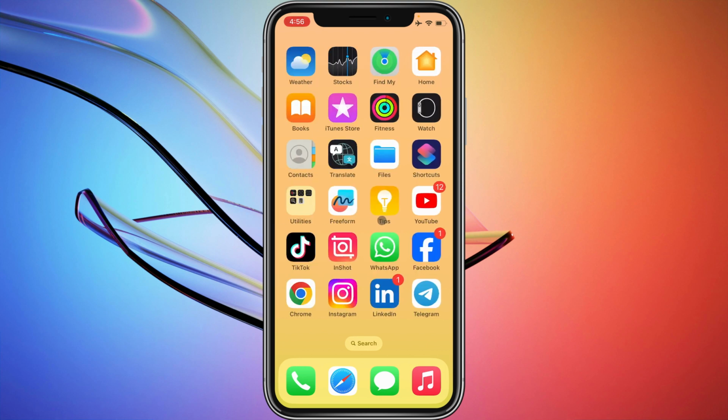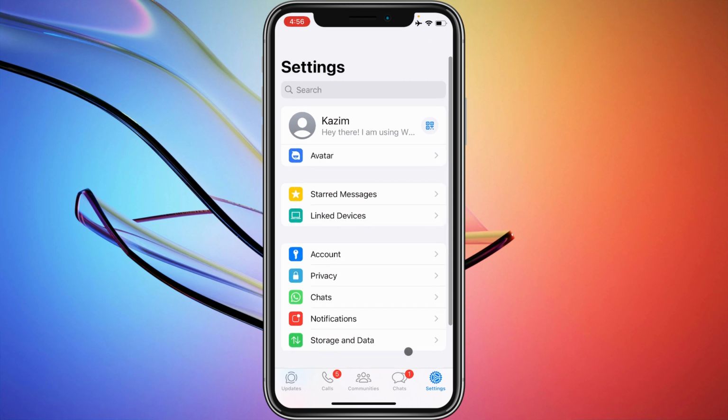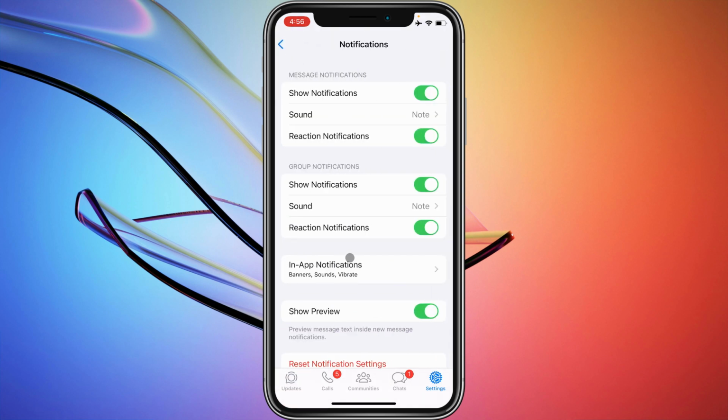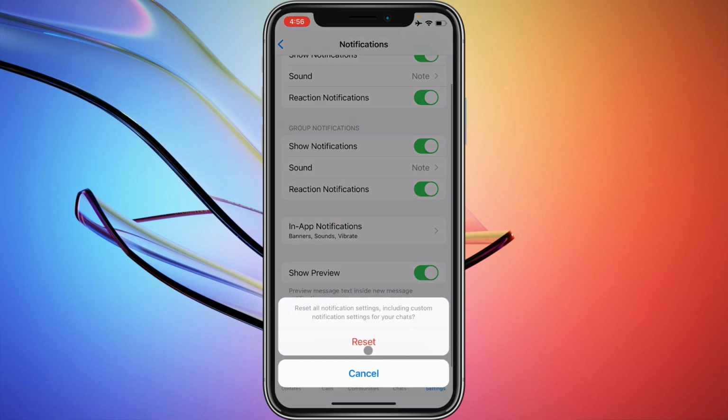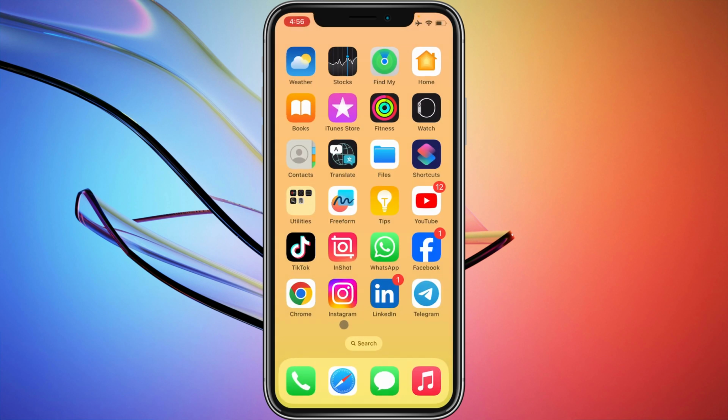So guys, first of all you need to open your WhatsApp here, and you need to click on settings, and then click on the notifications tab. So guys, the first step is you need to reset notification settings from here, and after this your problem will be fixed. So guys, if it still doesn't fix your problem, then you need to go back, and